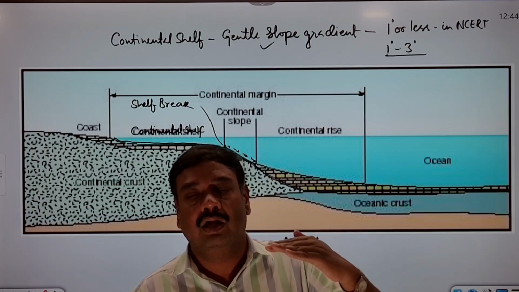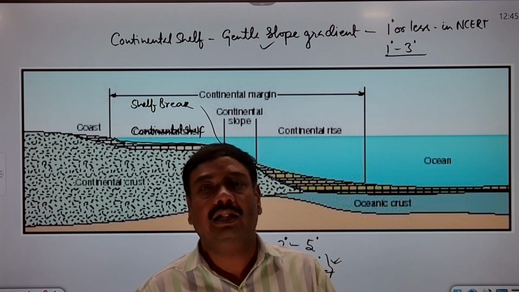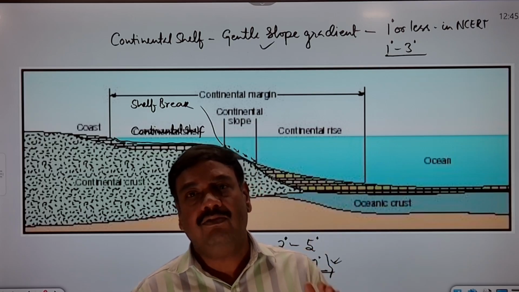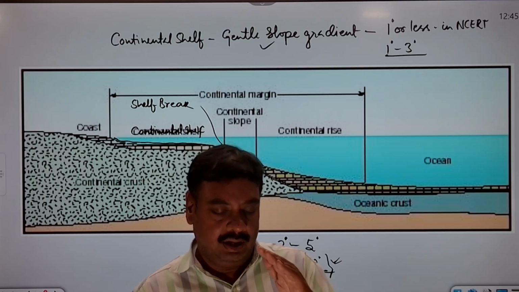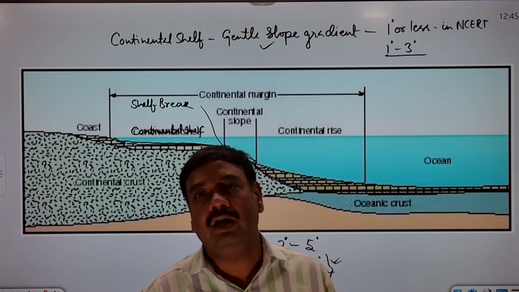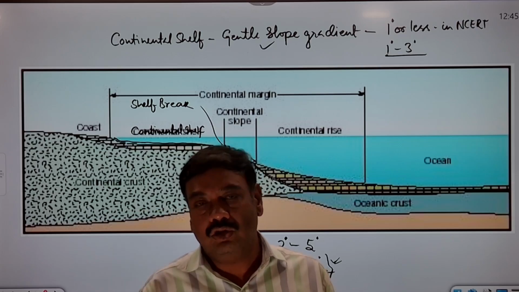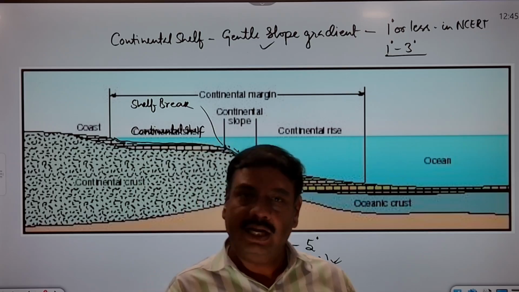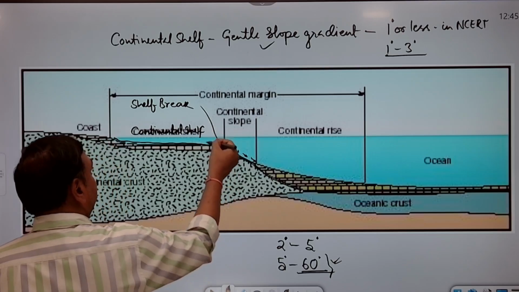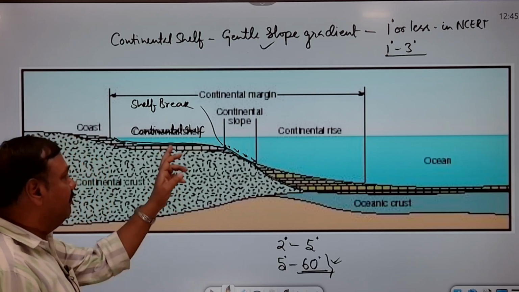Again, the relief features which are found on the continental part, their height is taken from the sea level. Likewise, if we want to define the relief features under the ocean water, obviously, these relief features are found under water, and so their depth can be assessed. So, this depth is taken from the sea level, right? It is very obvious. Now, since we are taking depth here from here to here, you can find here with this depth